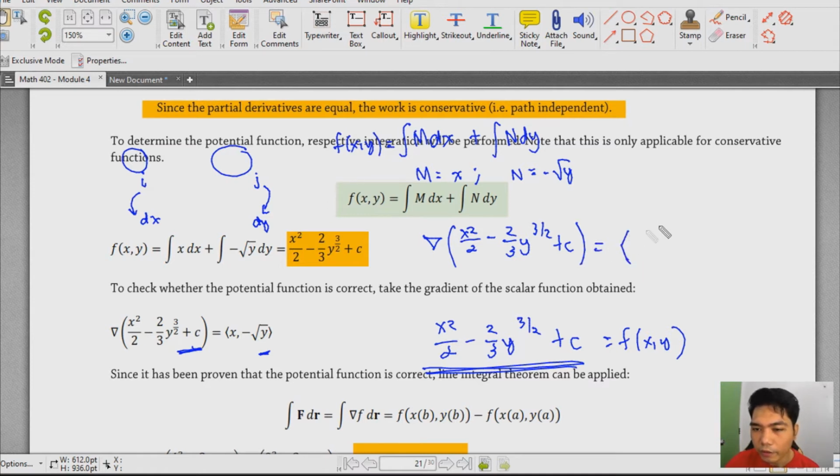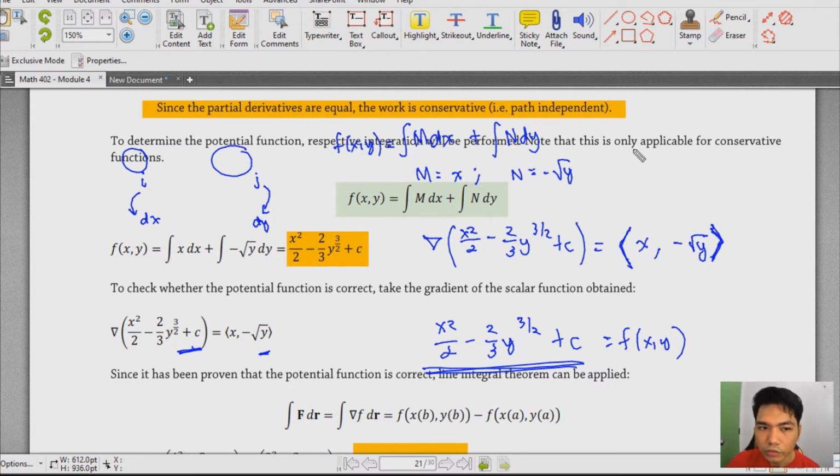So, in the vector field for x, you just have to take the partial derivative of the whole expression, and then you just incorporate kung saan siya. So, first is the i direction. So, with respect to x, ano yung magiging sagot dito? Diba? That's just x. So, yon. And then for y, diba? That's 2/3 y raised to 3 halves times 3 halves. So, that's just y raised to 1 half. So, that's negative square root of y. And then this is your